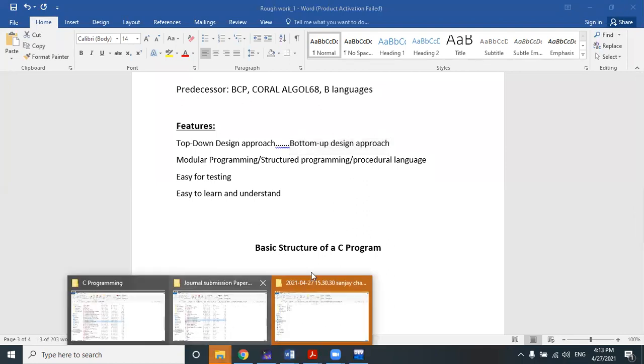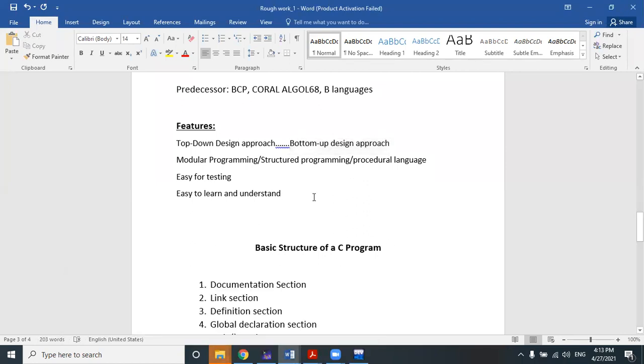Okay, top-down design means you check the algorithm at once and then break the algorithm into a number of small modules. Just now someone replied that it is divide and conquer. Divide and conquer means